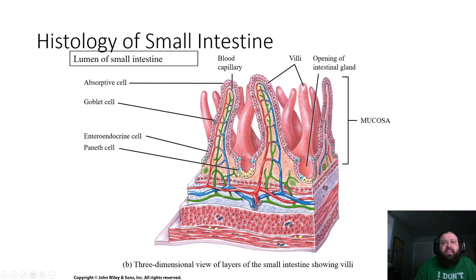We have Paneth cells, which secrete lysozyme. Remember, that's the antibiotic that's naturally produced in the human body. They also act as phagocytic cells, so they can digest other materials and provide an immune function. And then there's also enteroendocrine cells, of which there are actually quite a number, that secrete hormones that help regulate